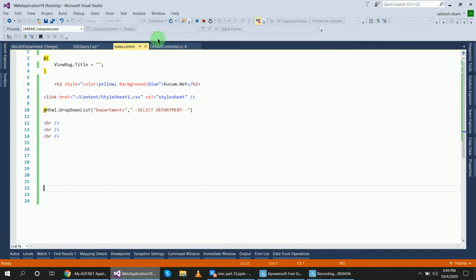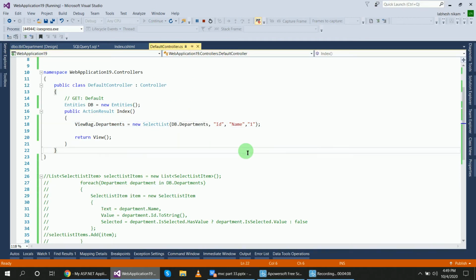Now this is a hard-coded value inside of the controller, but I don't want that, because changing the code every time is not good. I want to change it from the database side.